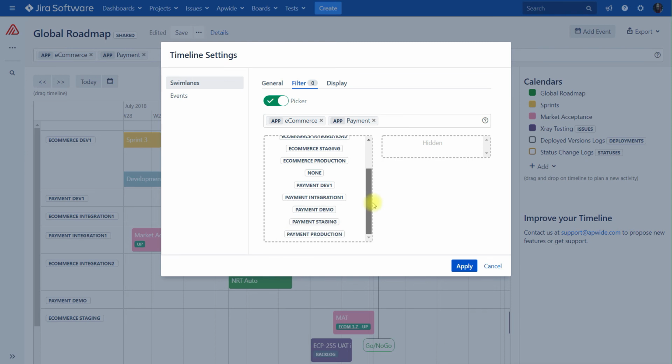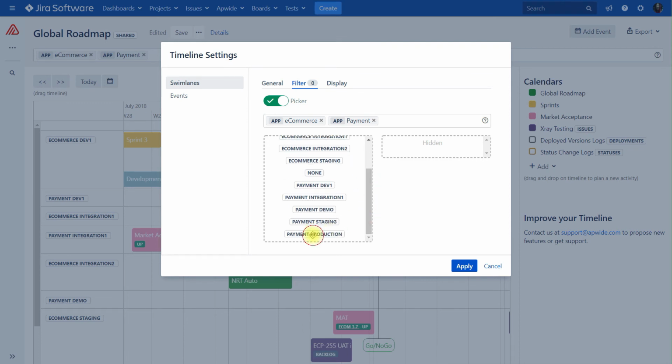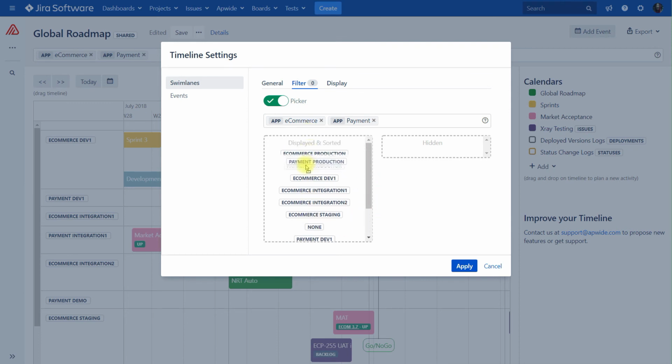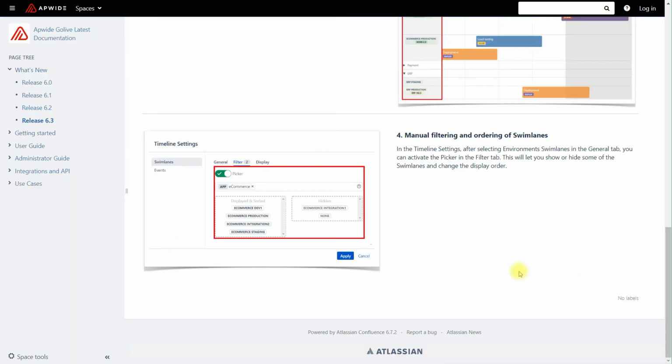Let's say that for whatever reason I wanted to have my e-commerce production and payment production on top, so I can do that like this. And I don't want to show my dev environments, so I will hide them like this. If I apply that, you see that I now have e-commerce production and payment production on top, and I don't see the dev environments anymore. That's the idea. That was the fourth main feature.